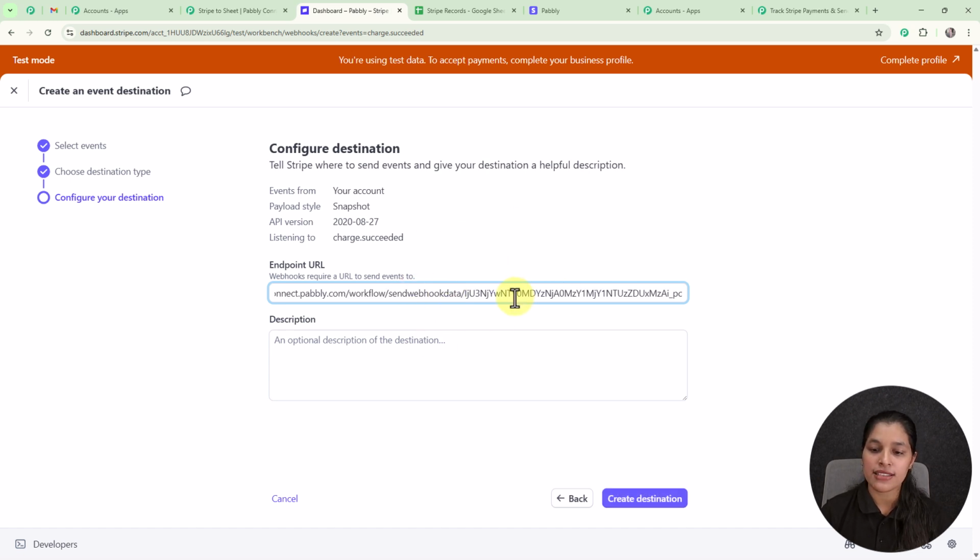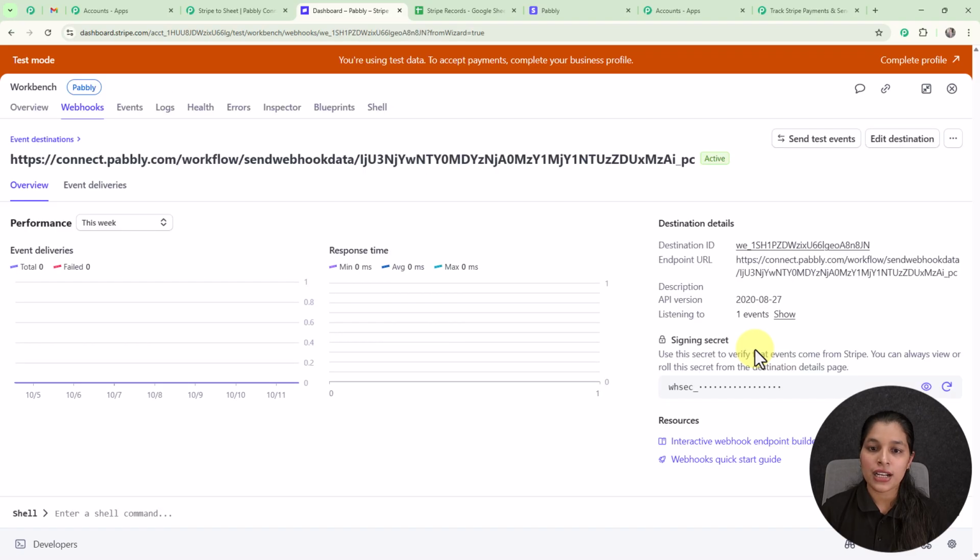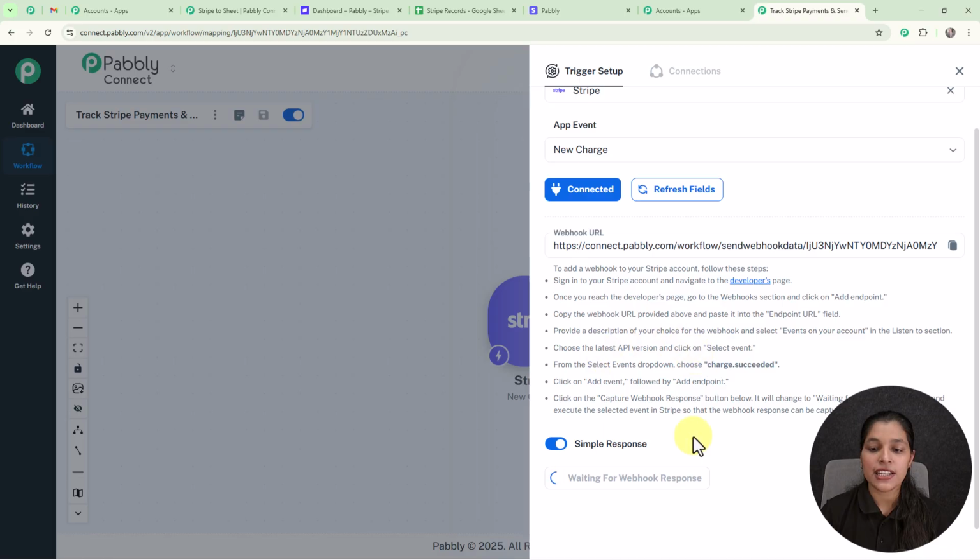So here I have pasted it, and if you want you can provide the description as well. Now we simply have to click over this create destination, and our webhook will be added to the Stripe account, and here you can see my webhook has been added to my Stripe account. Now let's move on to my Pabbly Connect again, and here you can see it is waiting for the webhook